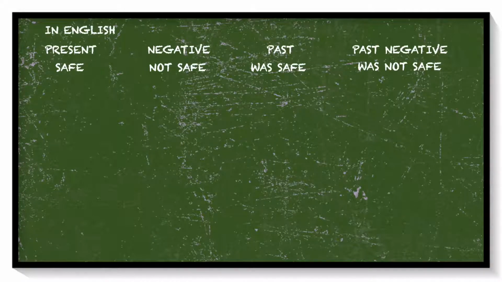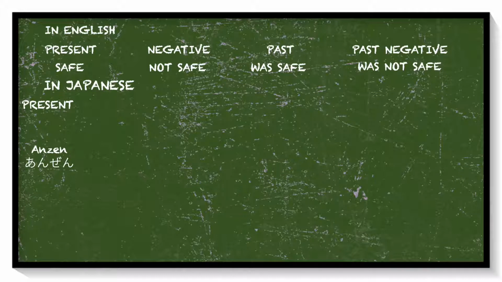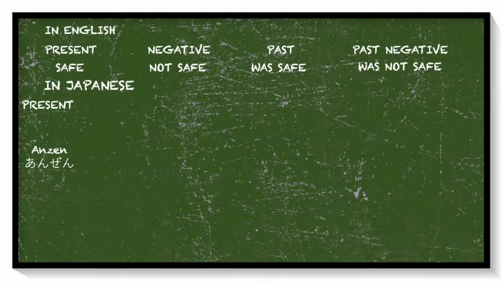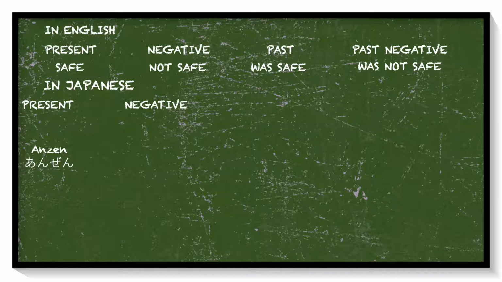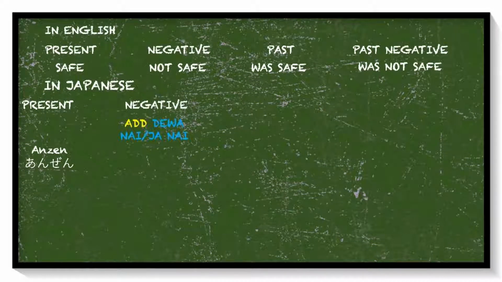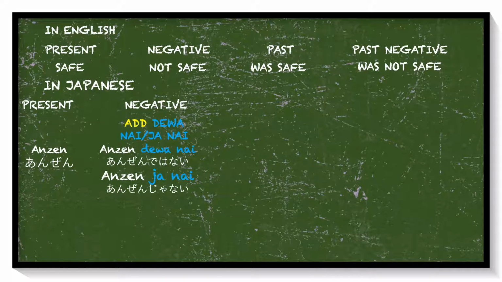Now, for the conjugation of na adjectives. Let's use 安全 for the present tense. To make it in negative form, just add ではない or じゃない. So it will be 安全ではない or 安全じゃない。